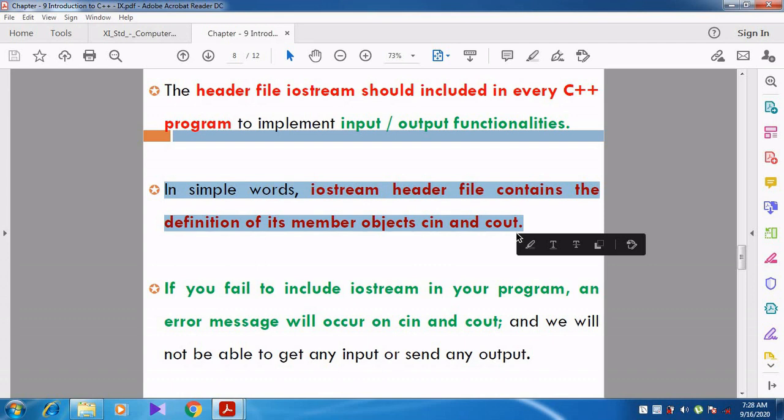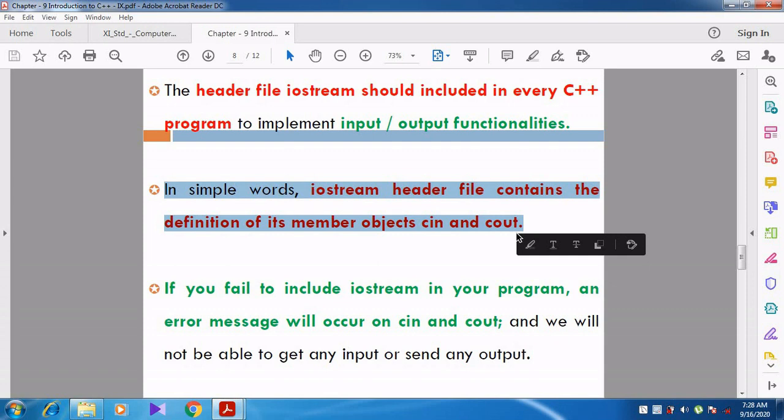This iostream header file contains the cin and cout definitions and declarations. So the cin and cout member objects are already declared and predefined in the header file called iostream.